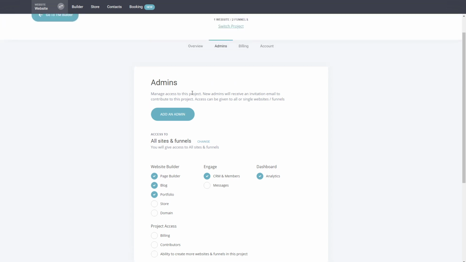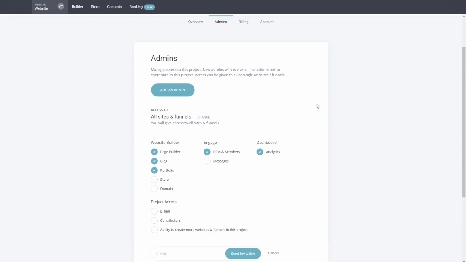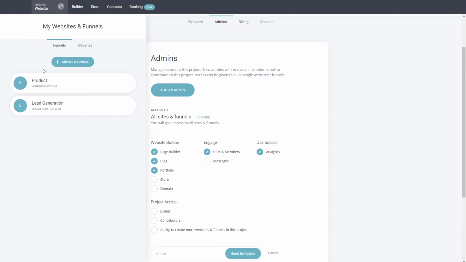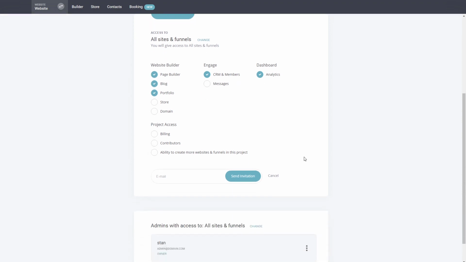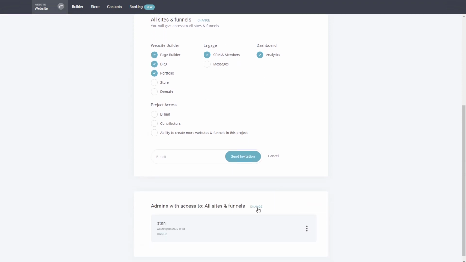Now, if you want to invite a user to a specific website or a funnel, like in our case where we've created in this project 2 funnels and a website, you can select by clicking on change to which funnel or website you want to give access. And by again clicking on change, you'll be able to select which funnel or website, what kind of